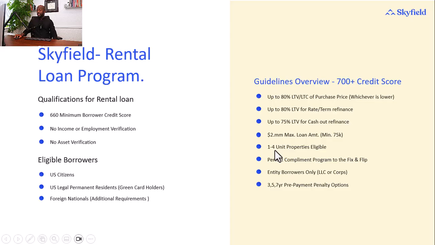In terms of the properties that are eligible for this loan, it's going to be your 1 to 4 unit properties. We'll go into a little more details about the eligible properties, but just to briefly speak to it here. Now, the beauty of this specific rental loan product is that this is the perfect complement to the fix and